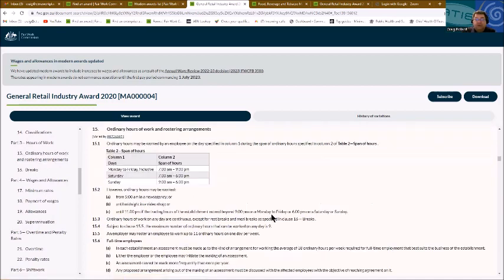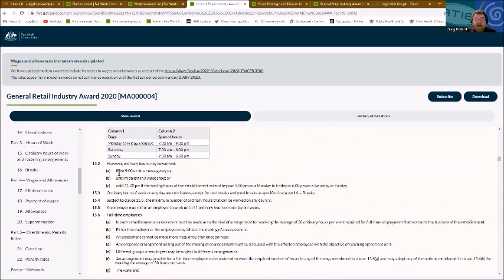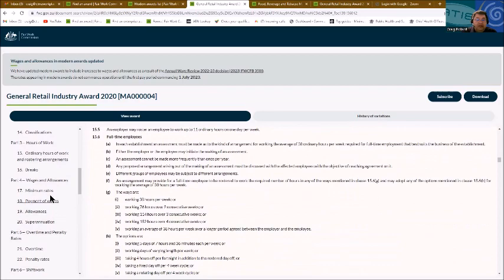Ordinary hours of work, rostering arrangements. As I said, ordinary hours here, span of ordinary hours in column 2. So span of hours, this is when ordinary hours can be worked, between 7 a.m. and 9 p.m. for day work. Ordinary hours may be worked from 5 a.m. in a news agency until midnight in a video shop, and other bits. But then you've got down here,